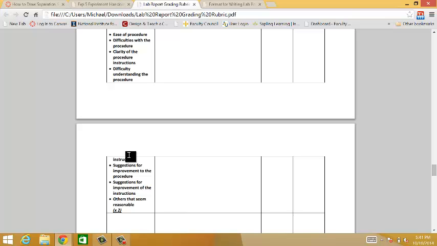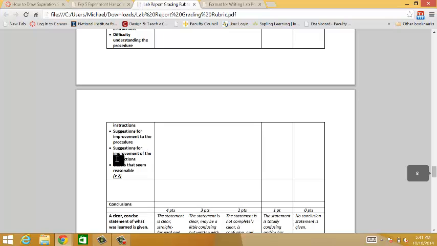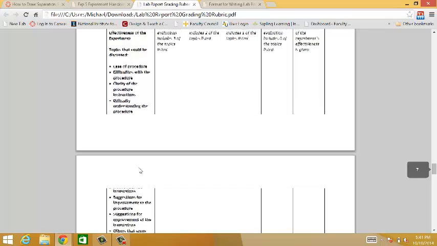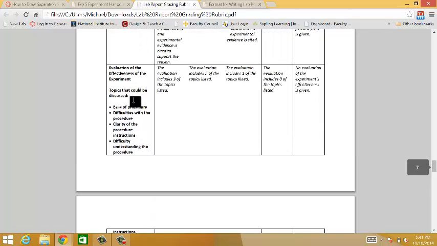Specifically, tell me where, and that can help me in the future improve the experiment procedures. You can give me suggestions for improvement for the procedure. You can give me suggestions for improving the instructions. Others that seem reasonable. My classic story here is that many years ago, a student was probably feeling very frustrated